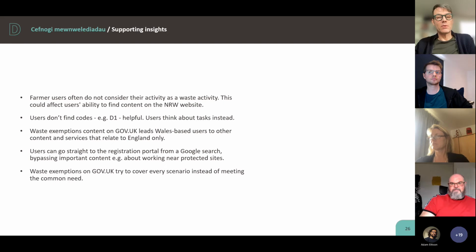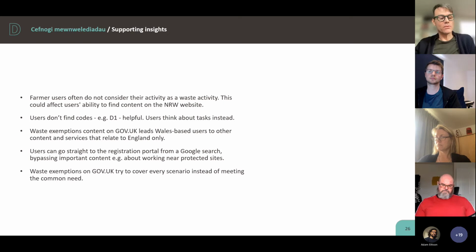And for the next insight, we know that the content of the guidance on gov.uk from the Environment Agency on the individual exemption activities generally does apply to Welsh users. There are reasons to get it off, because there will be particular cases where there's a slightly different need, and a lot of other reasons around content maintenance, that sort of thing. But the problem is the guidance on gov.uk also includes links to the Environment Agency service, and that is definitely not usable